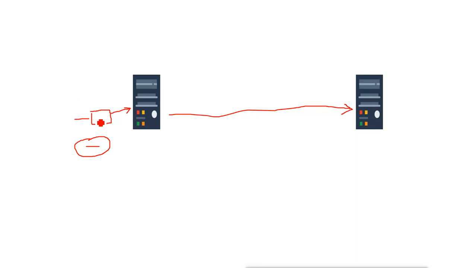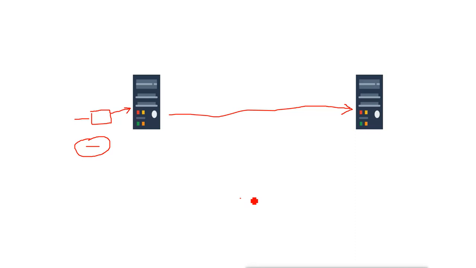Now when we want to move the virtual machine from one Hyper-V server to another, we have to think about what we want to move. We want to move the virtual machine with all its data, or we just want to move the virtual machine only. When we move the virtual machine only, that means we move the processing of that virtual machine only, and the data will remain in the previous server. In this case the virtual machine will not work, but we have both options: either we just move the storage, or we just move the virtual machine only, or we move the whole virtual machine with the data.